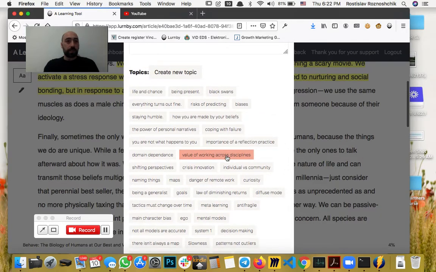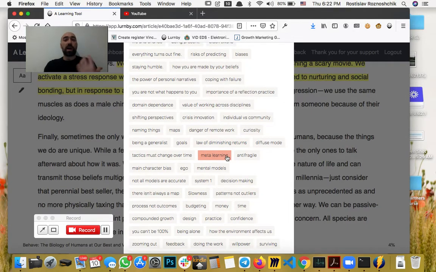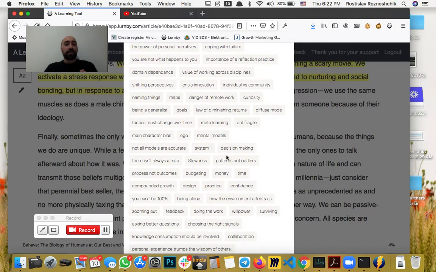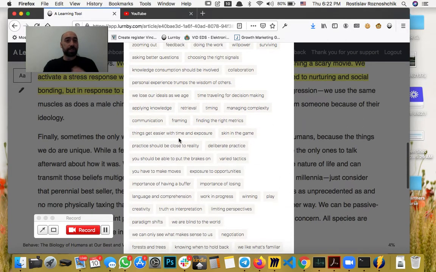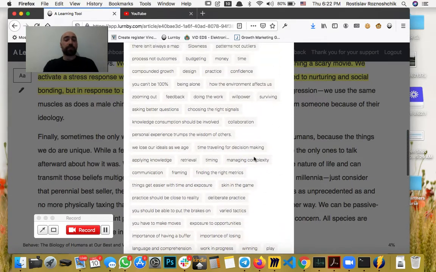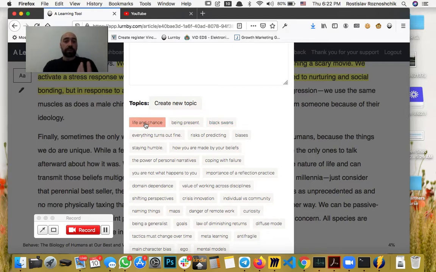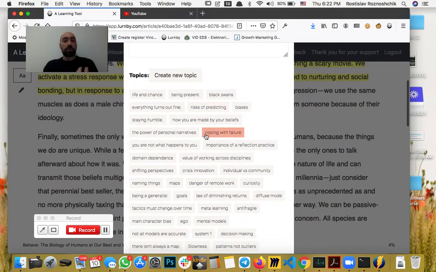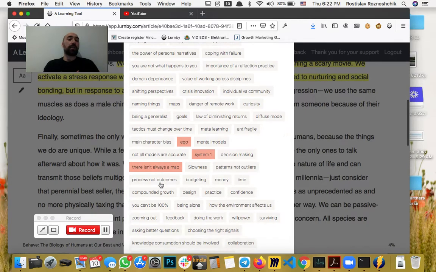In the beginning that was completely fine and totally doable, but having now used this system for a while, reading lots of books, the topics I've accumulated have become quite a sizable list. From a user experience perspective, this is already quite challenging. Even when I think, oh, this reminds me of this idea, I now have to look for that topic name. Maybe it reminds me here, and then I have to go through and add it.